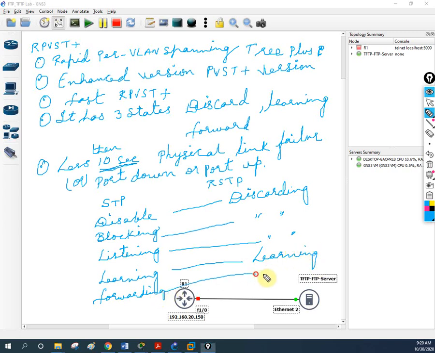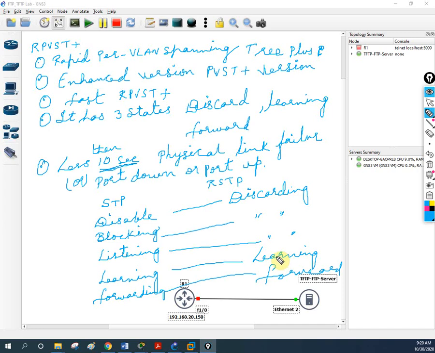If you remember, before, in STP we have the states disable, block, listening, learning, forwarding. But in RSTP we don't have this. We have discard instead of disable. It will discard the packet: blocking, discard, listening, we don't have. We have directly learning and forwarding. They will start learning and they will start forwarding.